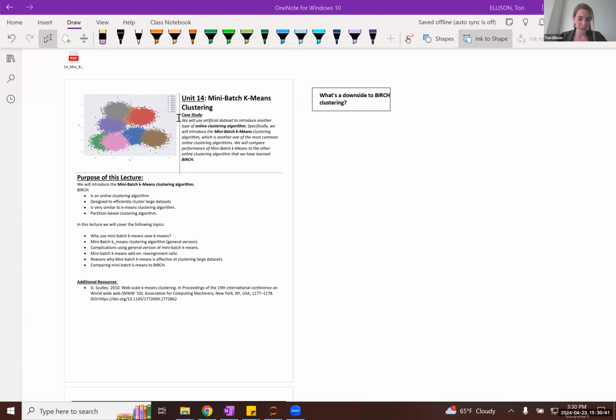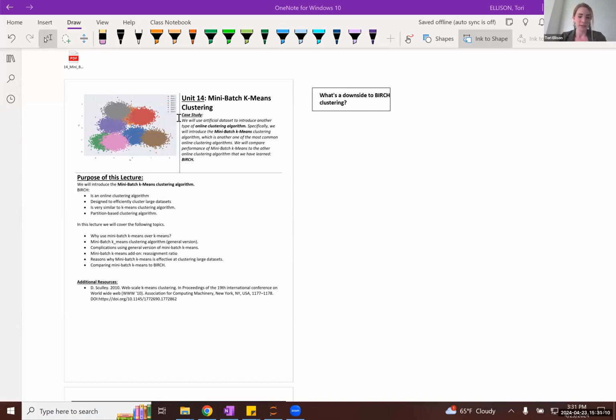We're going to start and complete Unit 14, which is about mini batch k-means, and then hopefully complete Unit 15, which is spectral clustering. Unfortunately, in order to ensure that we get through the testable content in these two units,